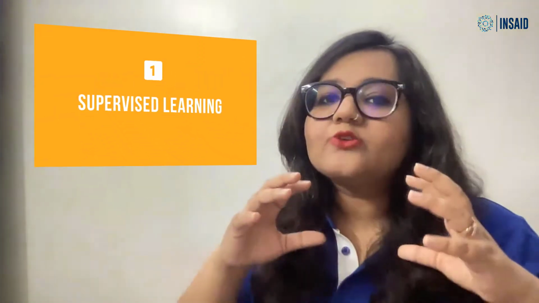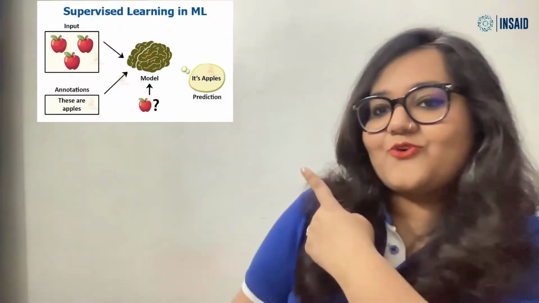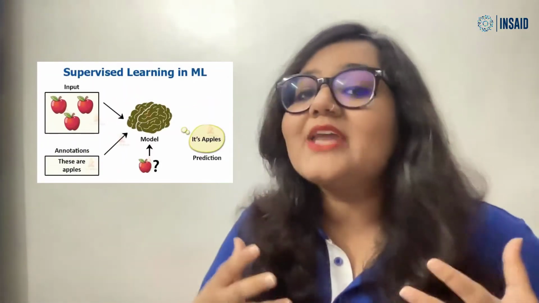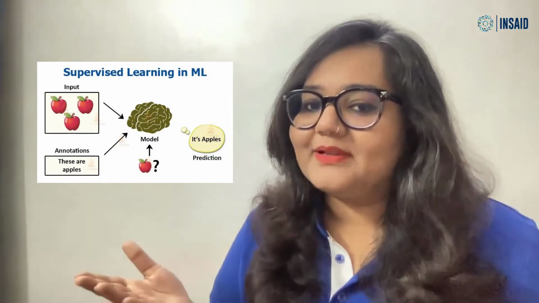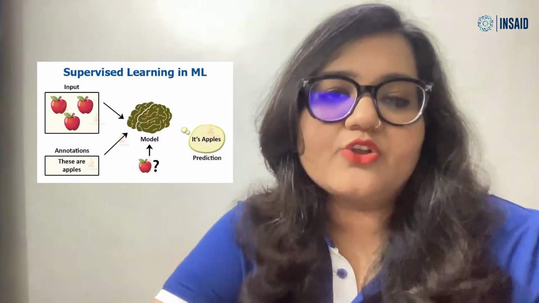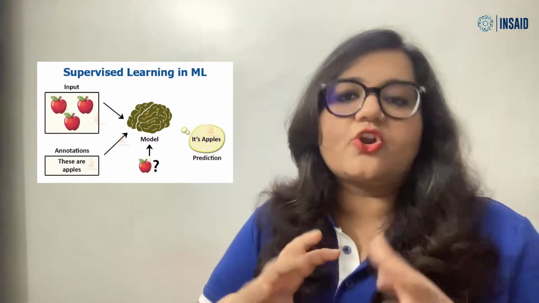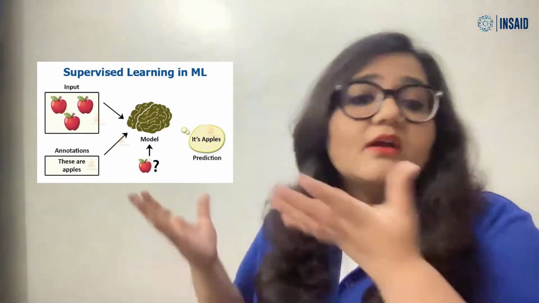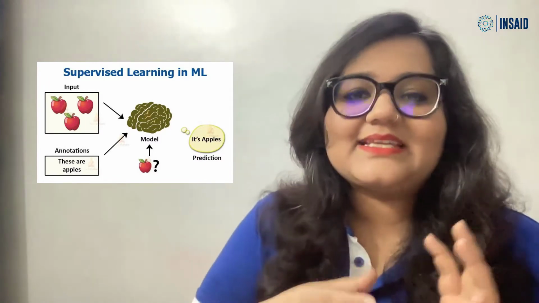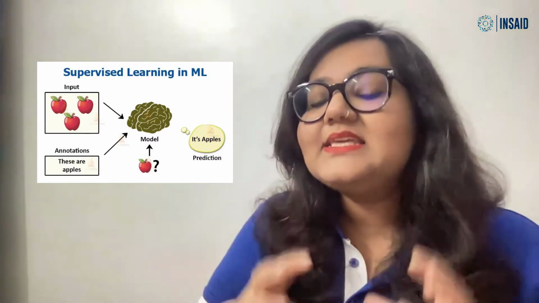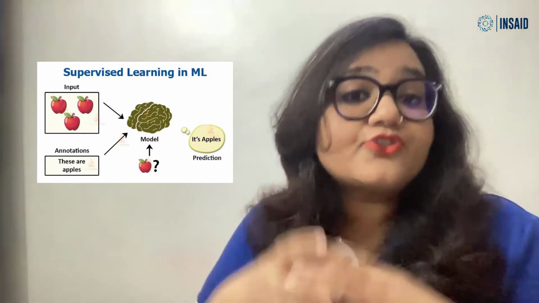Now, to understand how supervised learning works, I'll show you the example right on the side of your screen where you have to train a model or system to recognize an apple, right? First, you'll have to provide a data set that contains pictures of different kinds of fruits. Like here we are taking the example of apple, right? Then provide another data set that lets the model know that these are pictures of apples, right? This completes the entire training phase.